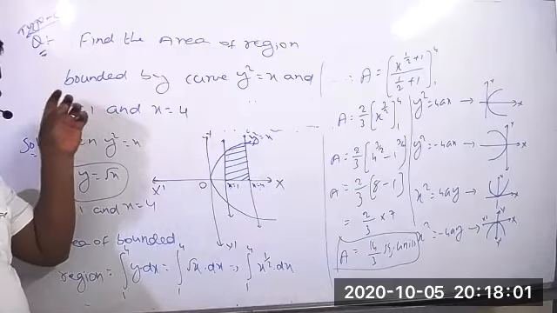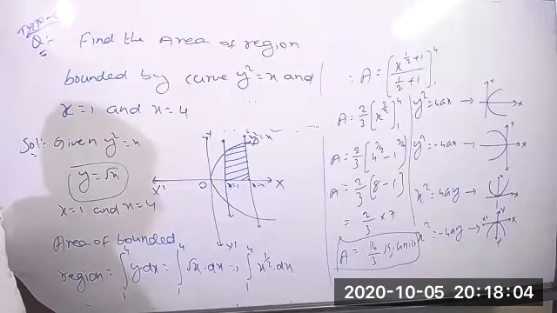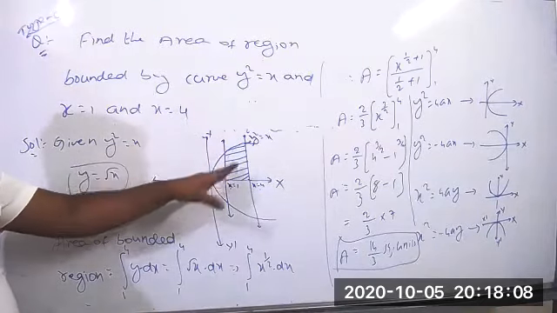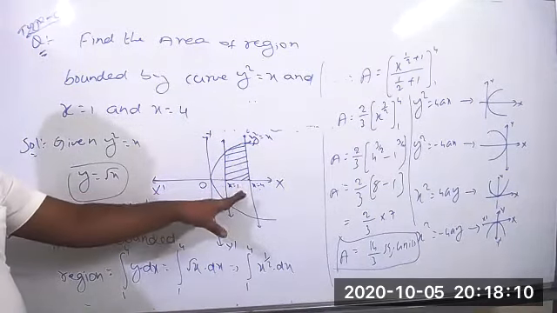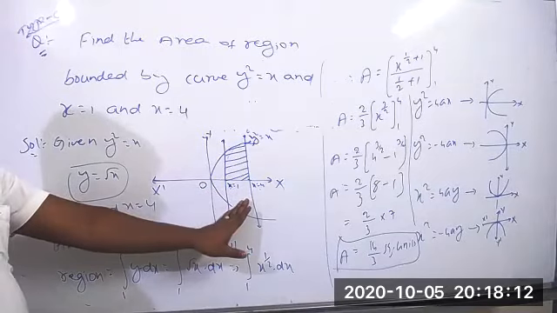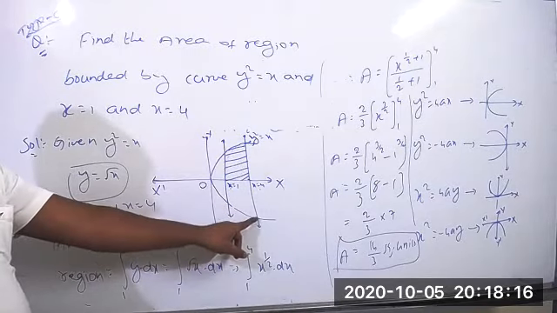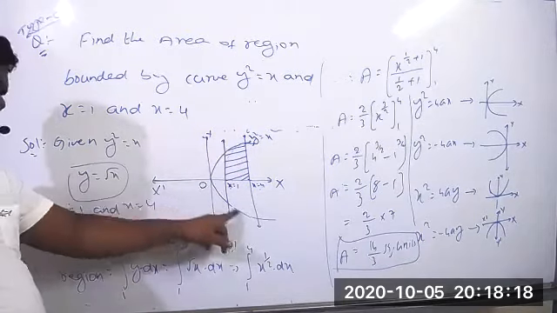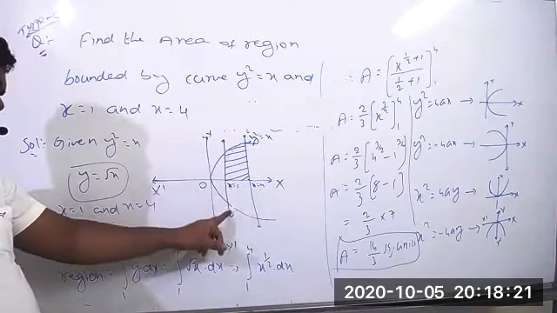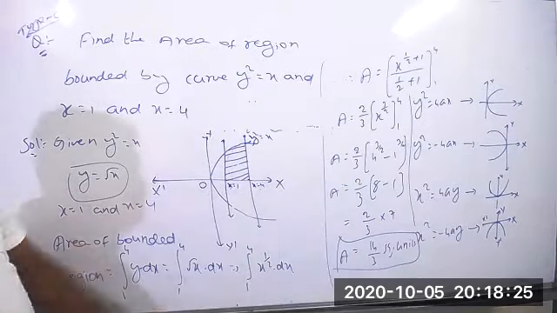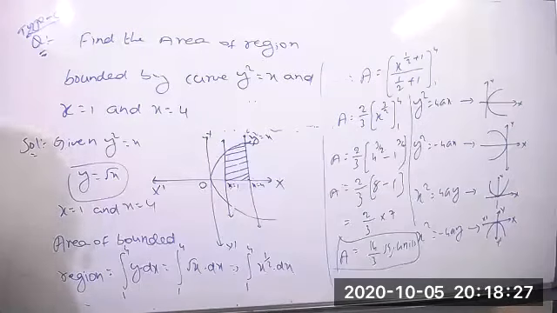But suppose they're not mentioning any first quadrant. Then they're asking without the conditions, so directly we can find the area. That means the two parts we have to take together, the full thing. It's correct. The area bounded by this parabola, this entire thing is the curve. The area bounded by a curve, x equal to 1 and x equal to 4, clearly we get the two parts. That's why in the previous question they mentioned very clearly in the first quadrant.